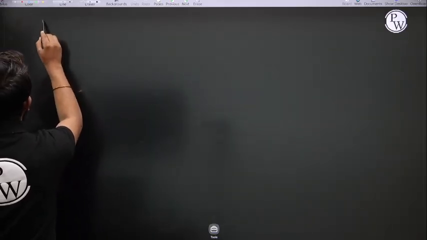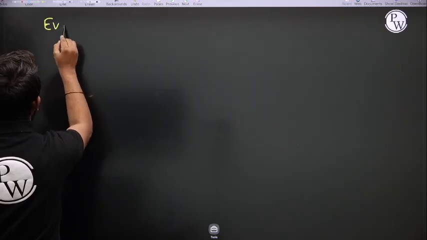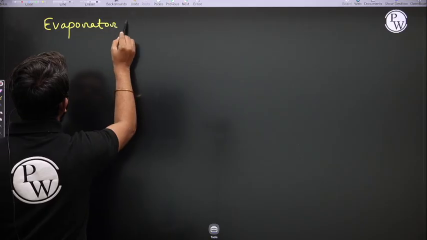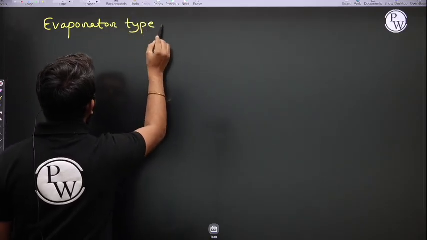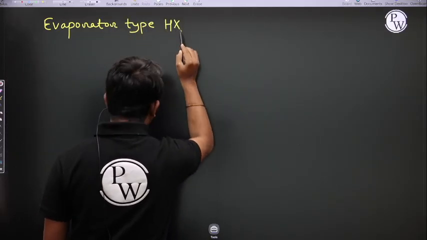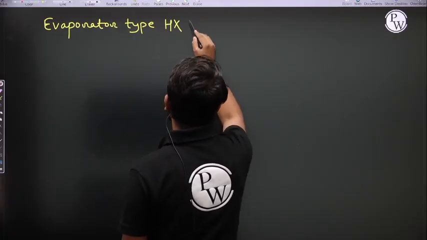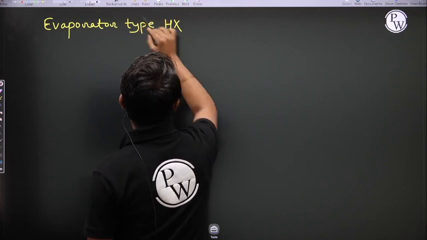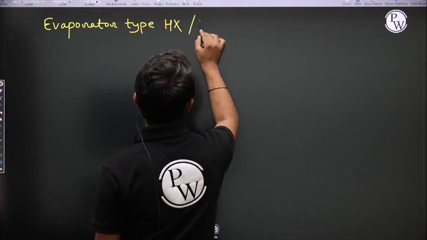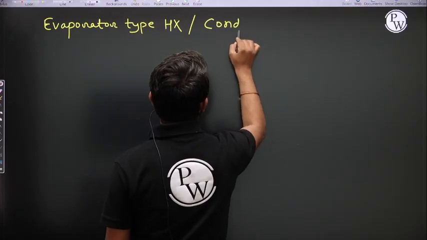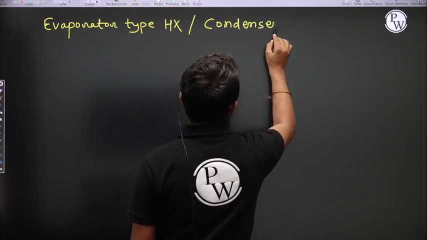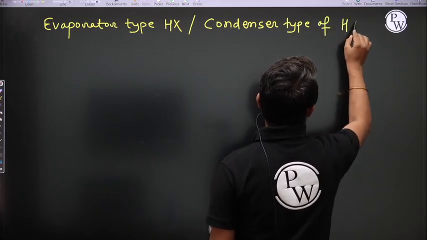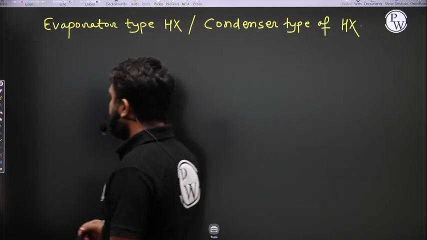Next type of heat exchanger is the evaporator type heat exchanger or condenser type of heat exchanger. Right? Now see here,